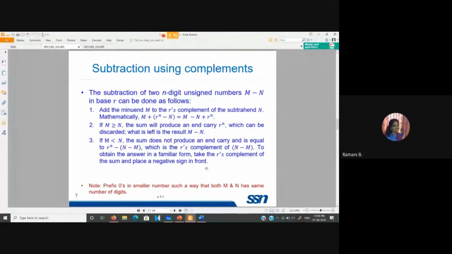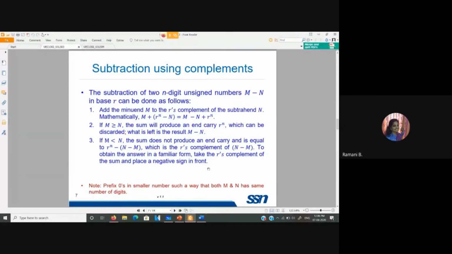Before performing this operation, ensure that the number of digits in both m and n are the same. If either number has fewer digits, prefix zeros to the smaller number.